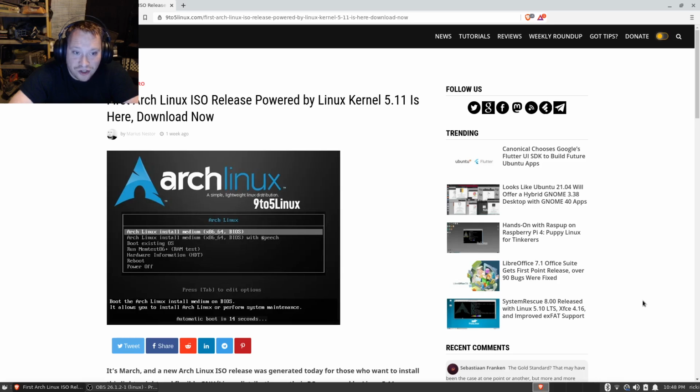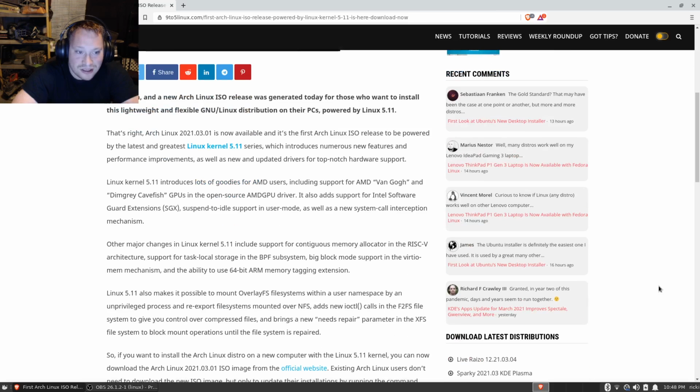First, our Arch Linux ISO release powered by Linux kernel 5.11 is here. Download now. That's right, Arch Linux 2021.03.01 is now available, and it's the first Arch Linux ISO release to be powered by the latest and greatest Linux kernel 5.11 series, which introduces numerous new features and performance enhancements, as well as new and updated drivers for